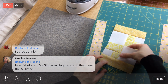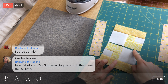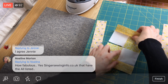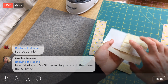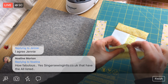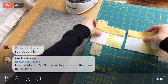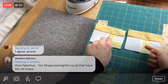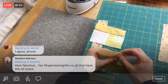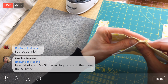All right, now we're going to go back to that step that I skipped. Now we're going to sew this together. So the beauty of this is that we've pressed our seam allowances in opposite direction. If we're sewing the same piece here, they're actually in the same direction, but since we're rotating one 180, the seam allowance rotates 180 as well. And that allows us to sandwich